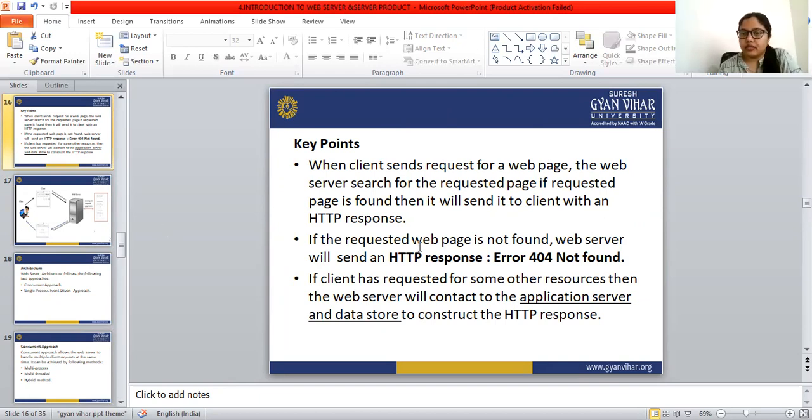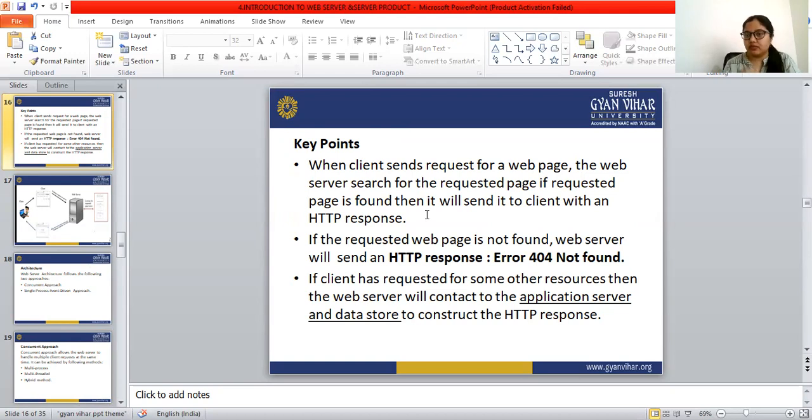When the client sends a request for a web page, here Google, the web server searches for the requested page. If the requested page is found, then it will send it to the client with an HTTP response.